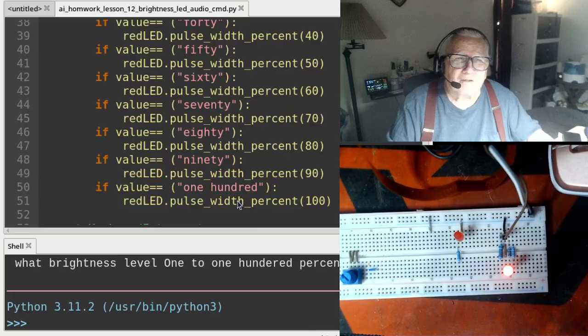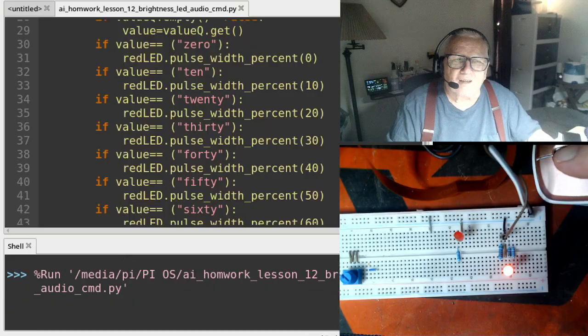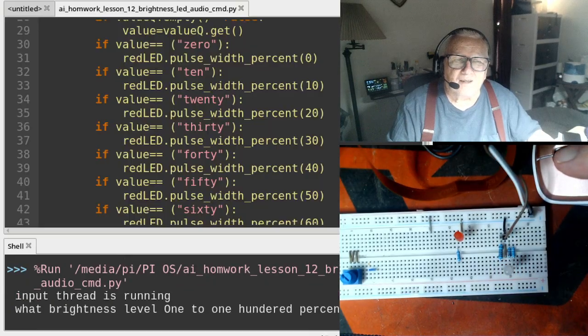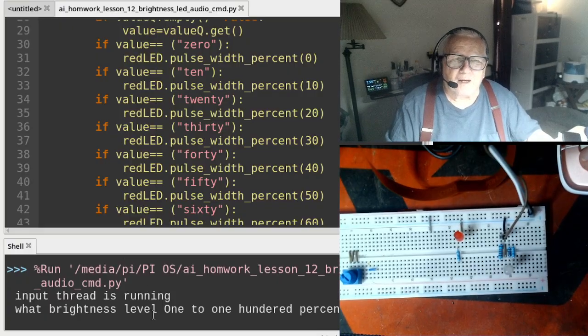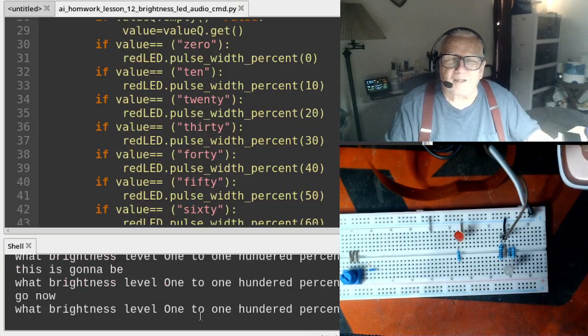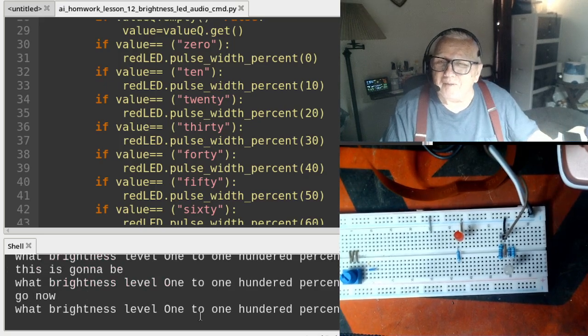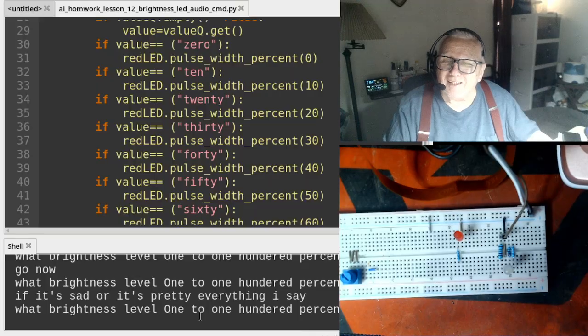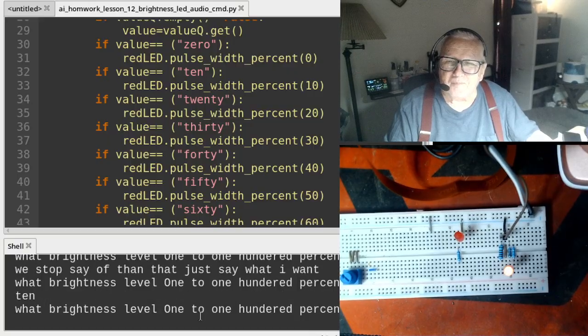Okay, now let's go ahead and run this guy. Okay, this is going to be going now. It's printing everything I say. Let me stop saying things and just say what I want. 10. You notice the LED came up to 10,